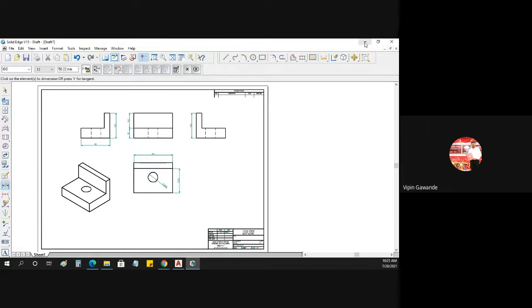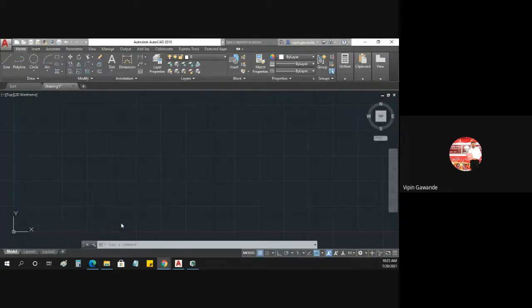Now in our syllabus we have AutoCAD. That means in offline practicals or for the term work, whatever practicals we take that we have drawn on drawing sheets, we have to draw using the AutoCAD software. First of all we have to see what the different basic commands are that we use in AutoCAD.